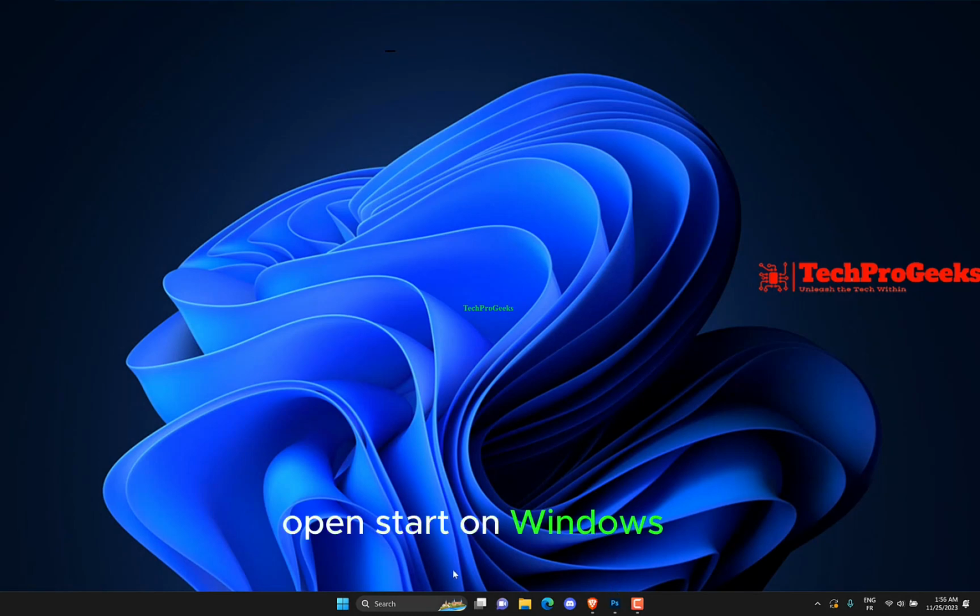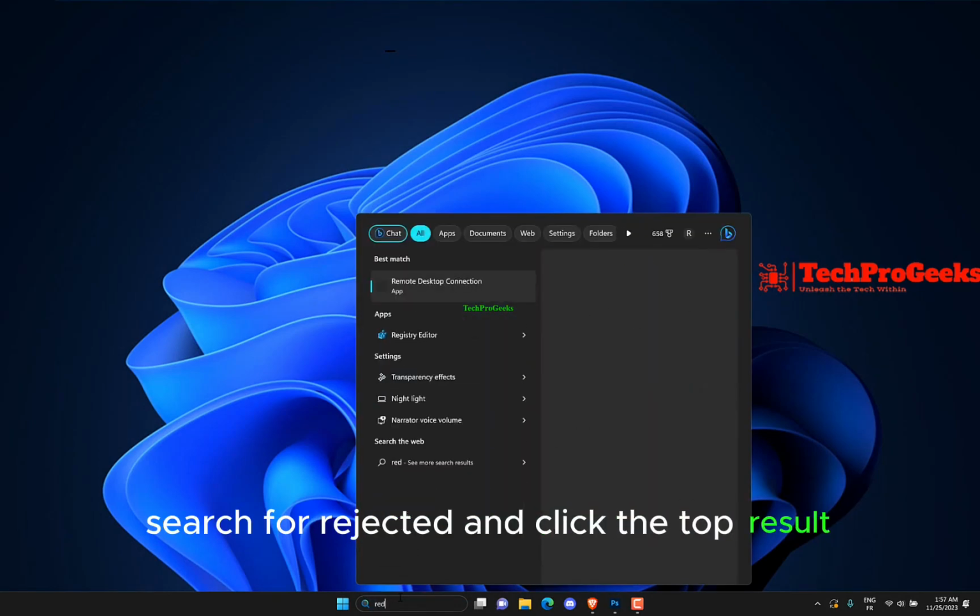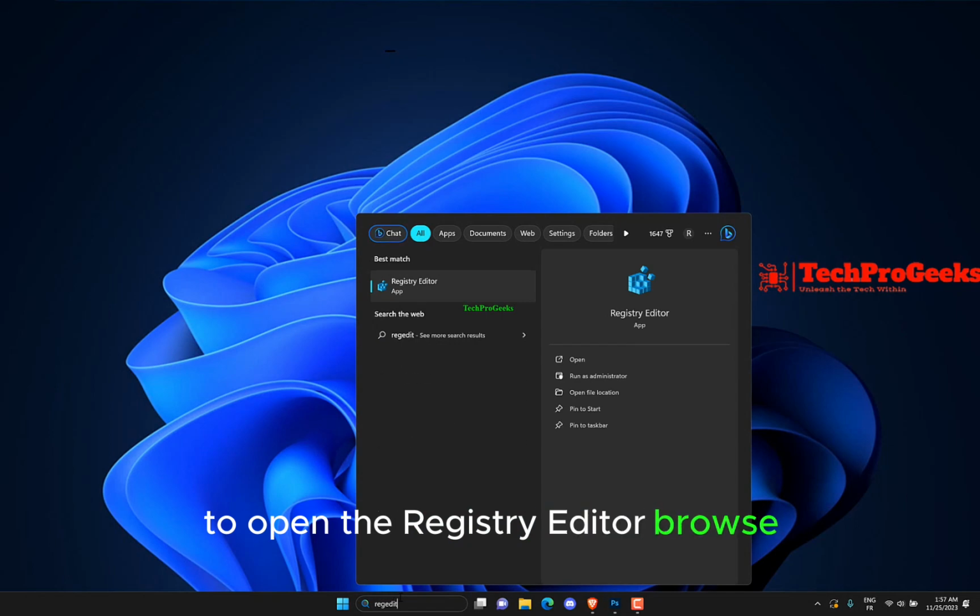Open Start on Windows 11. Search for Regedit and click the top result to open the registry editor. Browse